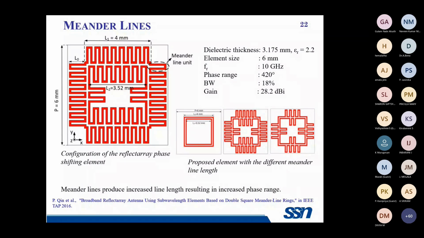The authors of this paper started their work with square rings. In the case of square rings, they analyzed how much performance was obtained. Then they varied the electrical length by adding the true time delay lines, increasing the electrical length of it. They had different variations in that increased length.